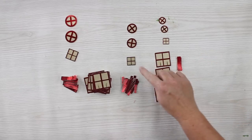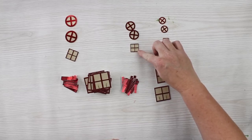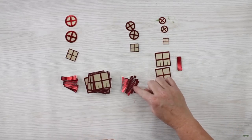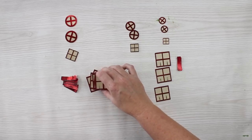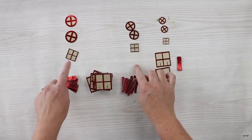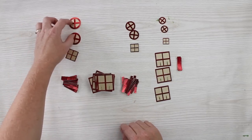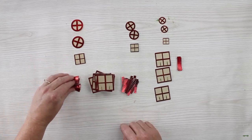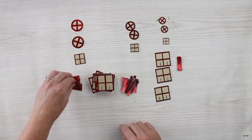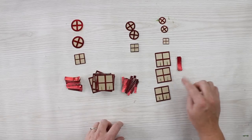The medium house gets 2 round windows, 1 window for the door with no candles, shutters that are longer but skinnier, and then the windows are the same for the medium and the large house, so you'll have a big stack of those. The large house gets 2 round windows, a window for the door with no candles, and the long, wide shutters. So I've organized everything, and now we're going to start putting the window elements on the actual